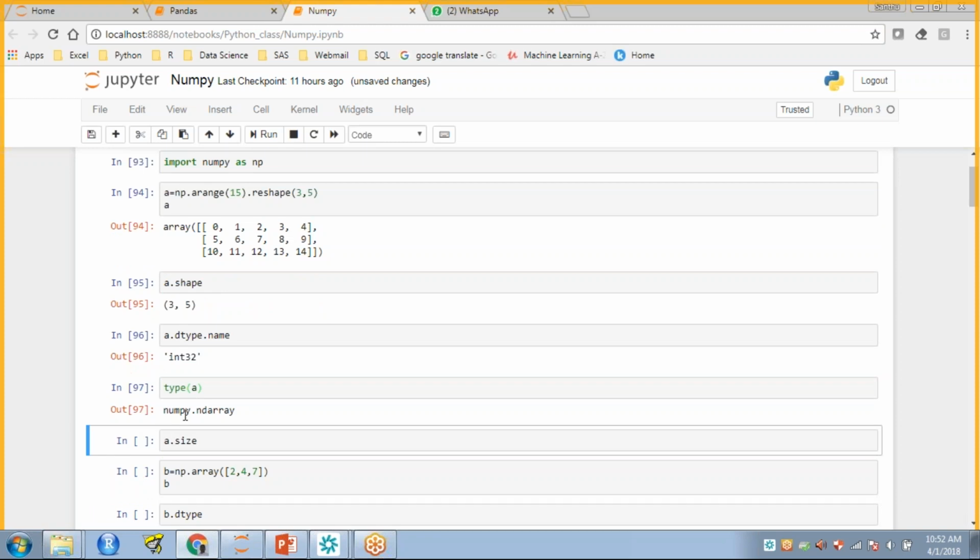So you can see it explains that numpy.ndarray means n-dimensional array. The array which we have created is n-dimensional. We can see that it is a three-dimensional array, because three rows are there. So if I want to check